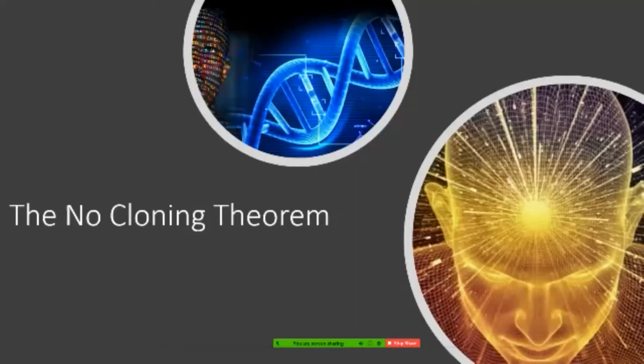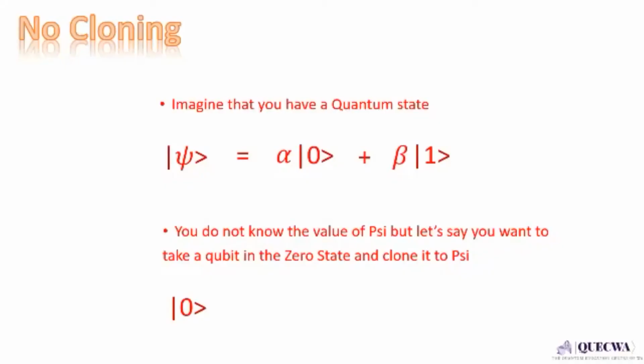So just quickly with the no cloning theorem, all you've got to know is that you can't copy and paste with quantum computers, quantum computing, quantum physics. It defies the laws, and I'll explain that briefly now. Okay, so imagine that you have a quantum state. Now, you should be familiar with,